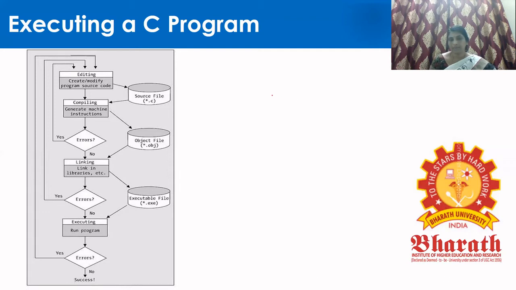So let us say we will write example dot C. We write a program and store it in example dot C. When you store it in example dot C, it then gets compiled. When you run the program, it is getting compiled. When it is compiled, you get another file called example dot object. That is, it is converted into machine code.